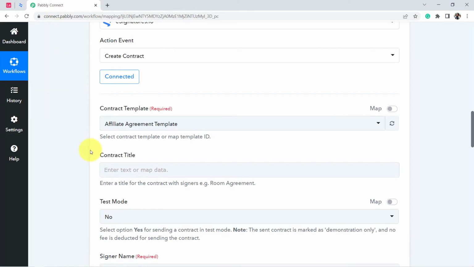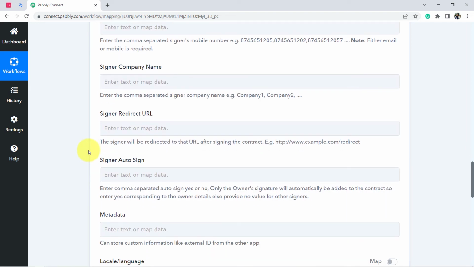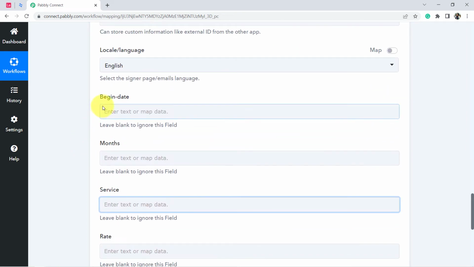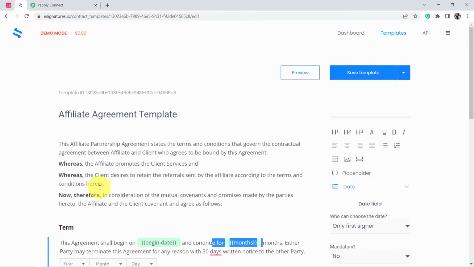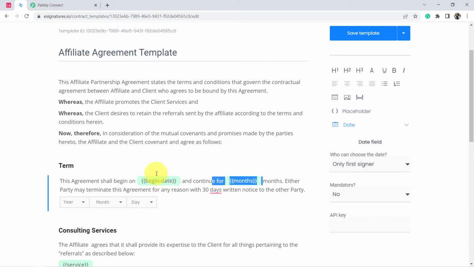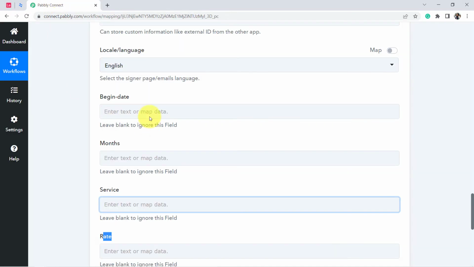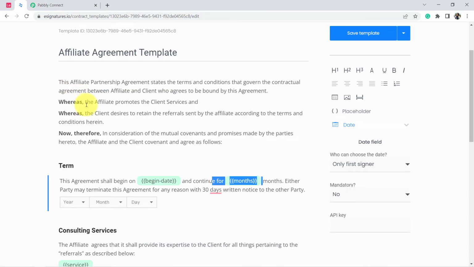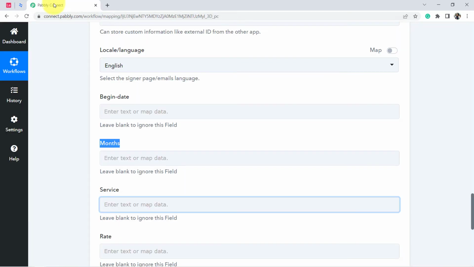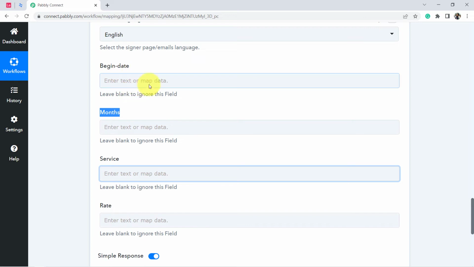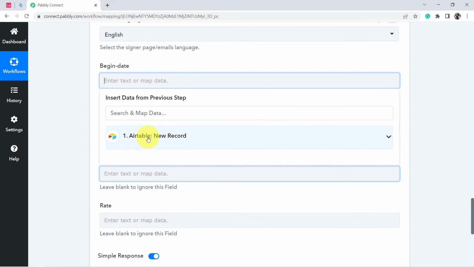That is why in Pabbly Connect it is showing me the exact fields, exact variables. Here is the begin date, months, service and rate. So basically it is asking us what exactly should come here in place of these variables, and whatever information I'm going to provide from Pabbly Connect, it will be replaced, and this is how this document will be created automatically. Okay, come back to Pabbly Connect and let's fill these fields again from the Airtable response